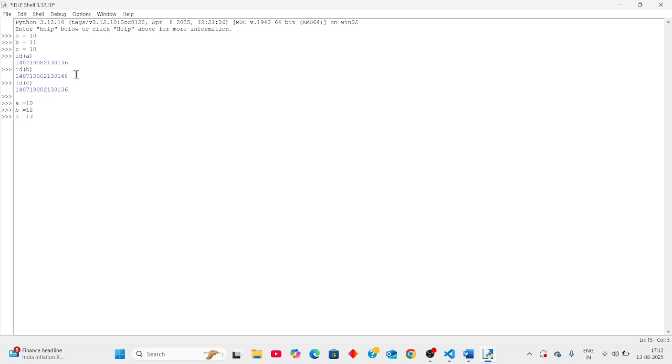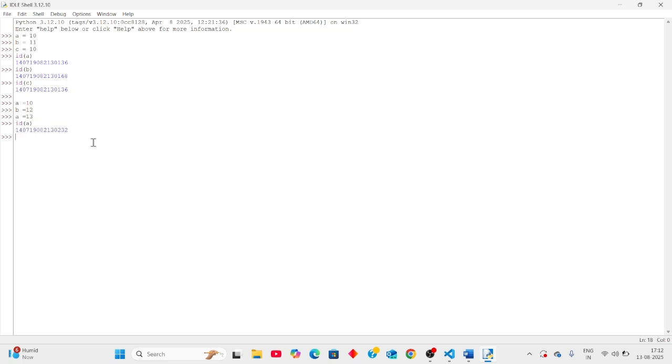In Python, we won't allow duplicate variables. Suppose we create a variable in duplicate, it will access the latest value. In place of A equals 10, it will be A equals 13. Now we can see id of A is some memory location.